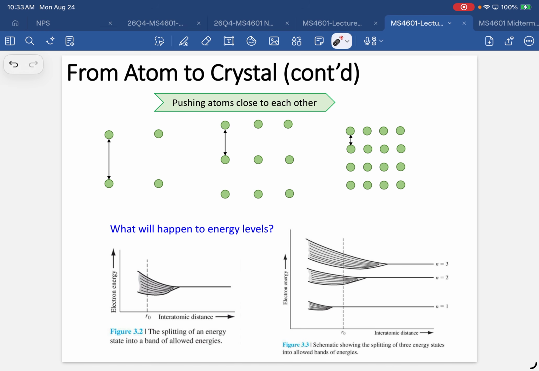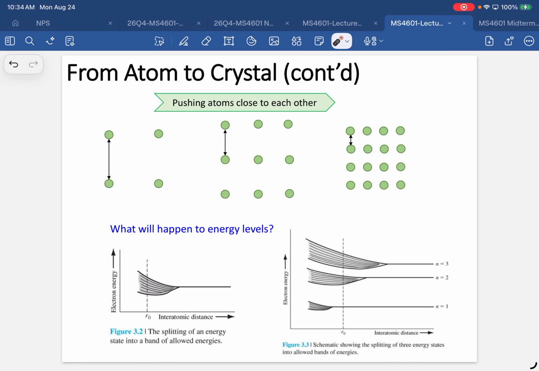But as we bring atoms close to each other, at some point there are electron-electron interactions happening, and those interactions are creating energy splits. Then, as we bring them closer, the energy splitting happens,